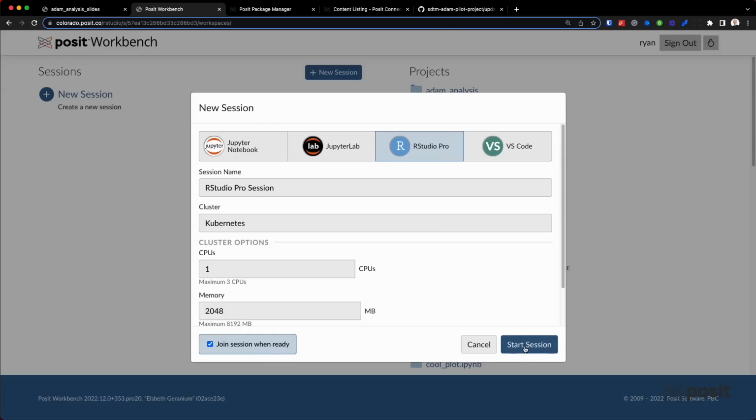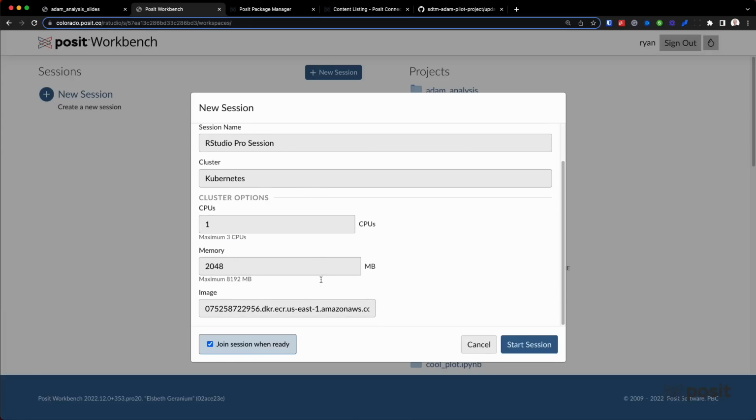And now before I start this session, I want to briefly describe our demo computing environment here at Posit. So we host Posit Workbench within a clustered environment, which is managed by a tool called Kubernetes, which you can see here. So for validated compute environments, it's often necessary that certain aspects of this RStudio session are controlled for, including what R version is being used, which R or system packages come pre-installed. And so that's where tools like Docker come into play.